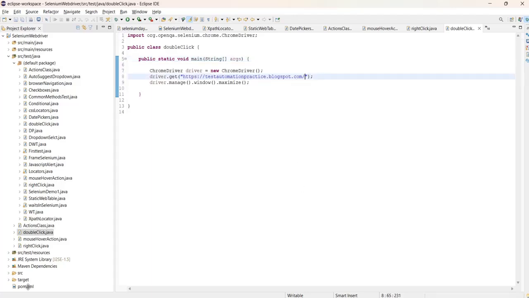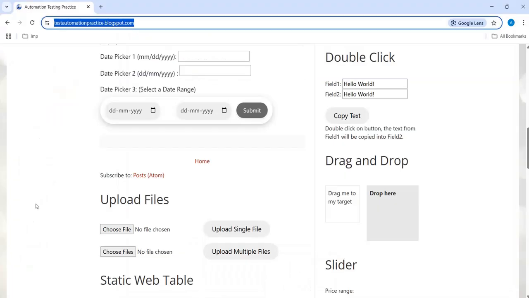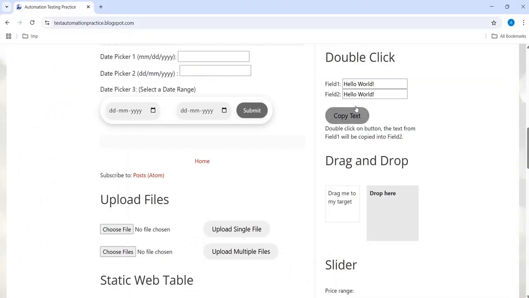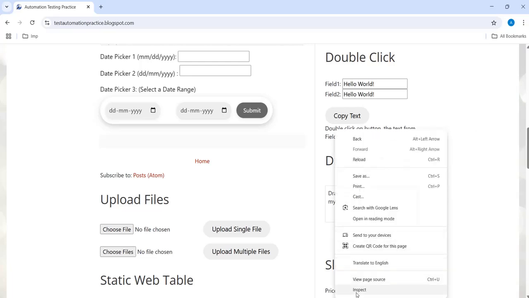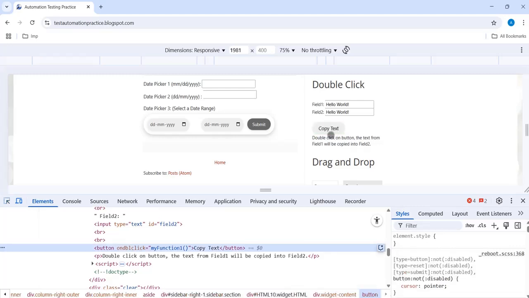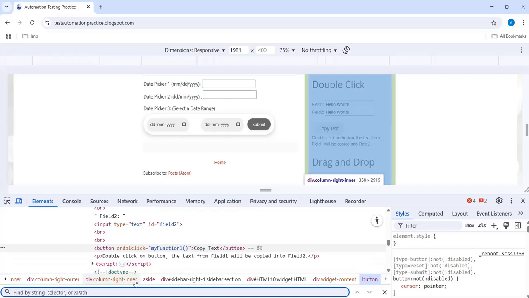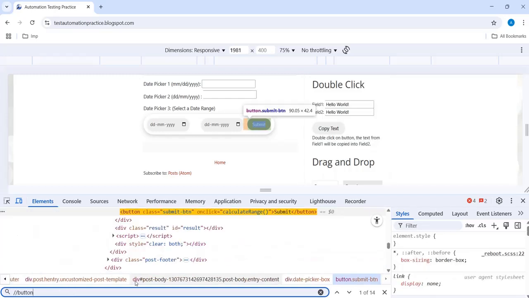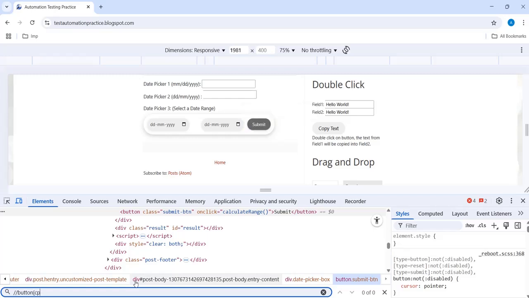To perform this action, first what we want is the locator for the copy text button, correct? We have to identify this copy text button. So first let's inspect this. If you see, it doesn't have any other option available. So what we can do is use the text method from XPath. So how can we find it? We have button, right? So button and then contains,